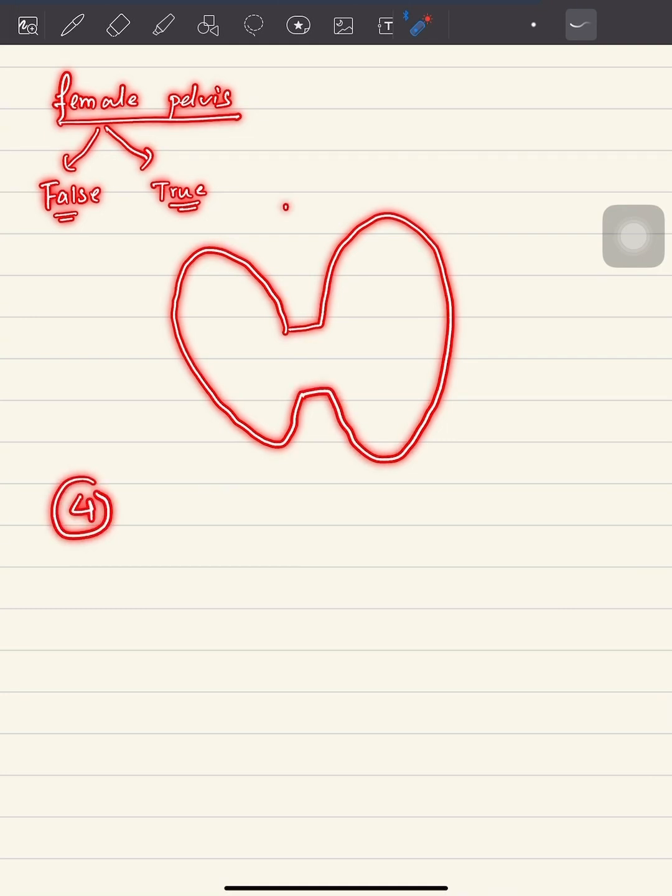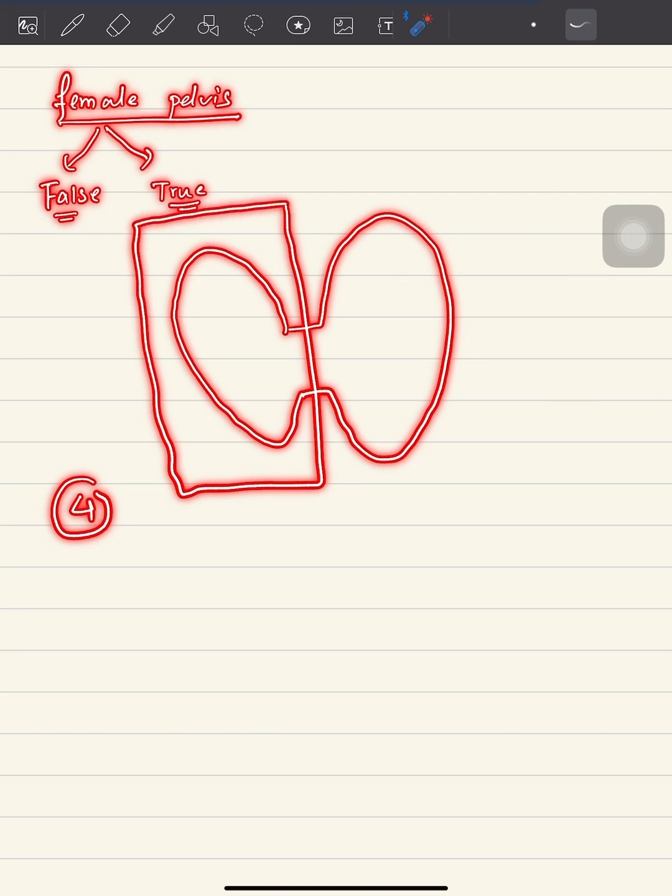One of them is the innominate. Please bear with my diagram, it's not that nice. So the innominate consists of ilium, ischium and pubis. While dealing with the